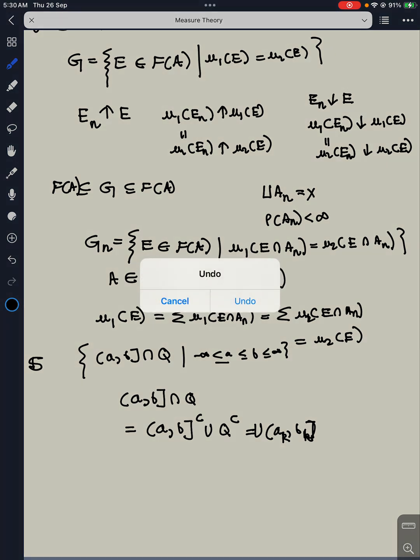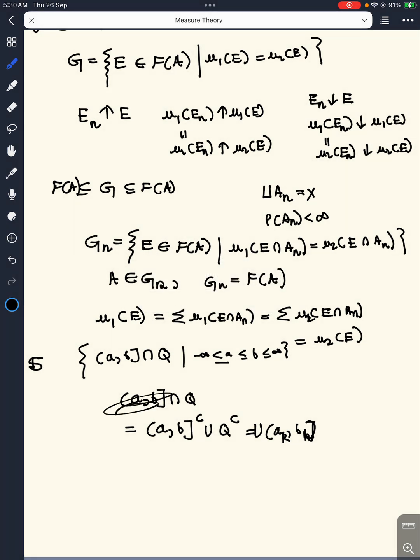Okay, so why is this a semi-algebra? So this is actually may not be a semi-algebra. This is actually restricting the semi-algebra to Q, but you can check one thing, that